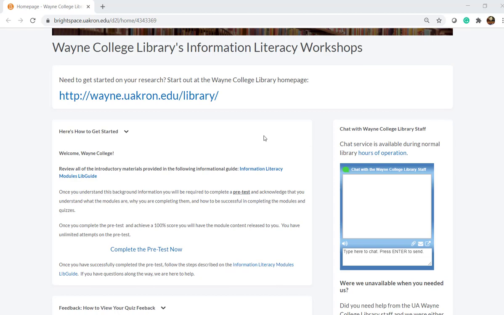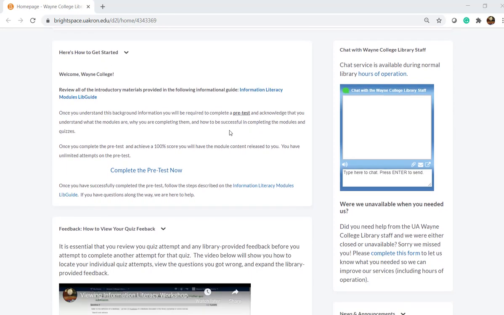of our classroom, including a link to our library's homepage in case you need to go back there to perform a search for one of your quizzes. And then it's got some background information here with a link to the pretest. Like I said, that pretest is just basically a multiple choice, or it's a true or false question where you just acknowledge that you understand how to take these before you get started. So that's kind of the contract between you and us, making sure you understand what you're doing before you get